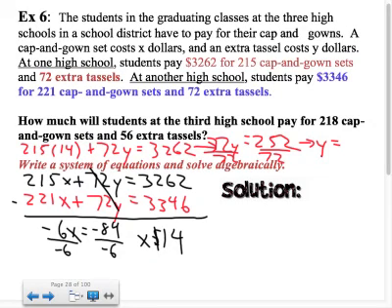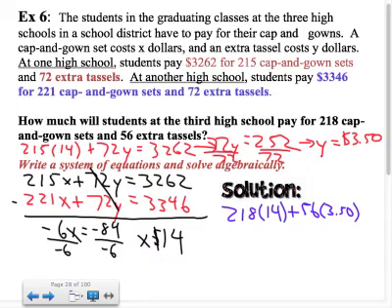$3.50 each. And so now to answer the final question, it says, how much will students at the third high school pay for 218 cap and gown sets and 56 extra tassels? So I know I have to do 218 times 14 plus 56 tassels times $3.50 each. And I just simplify that down. So 218